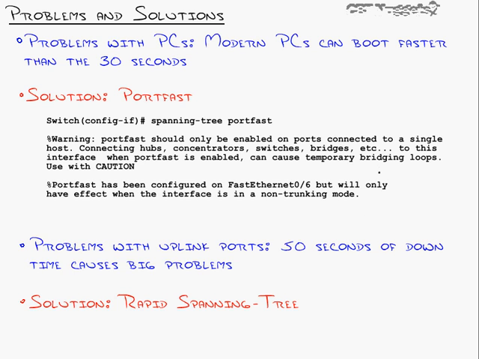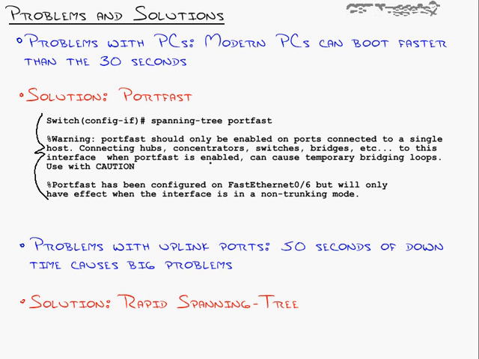And we'll type this in on some live switches, but I wanted to show you the warning message that you get when you type this command underneath the port. It's like a little essay that it gives you in the IOS. It says, warning, it should be enabled only on ports connected to a single host. Connecting hubs, concentrators, switches, bridges, etc. to this interface when PortFast is enabled can cause temporary bridging loops. Use with caution. So that's the warning to you, that you are turning off spanning tree on this port. So the port will go active right away as soon as you plug in the device,